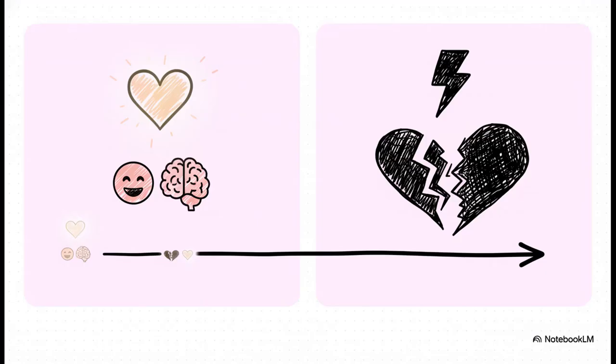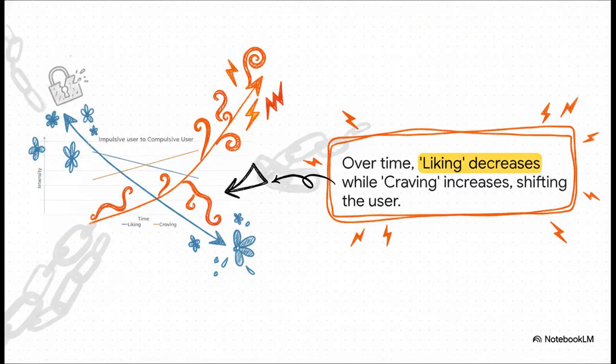Okay, so first up, you've got pleasure and urge, and you can almost think of them as two opposing forces. In the beginning, when a dependency first starts, it's usually all about seeking pleasure. It's about that good feeling, what the author calls liking. Now, check out this graph because this is where things get really fascinating. Look at what happens over time. That blue line, the liking or the pleasure, just nosedives. But at the exact same time, look at that orange line, the craving. It absolutely skyrockets. And this is the whole game right here. This is that crucial shift from someone being impulsive, chasing a good feeling, to being compulsive, just trying to avoid feeling bad.